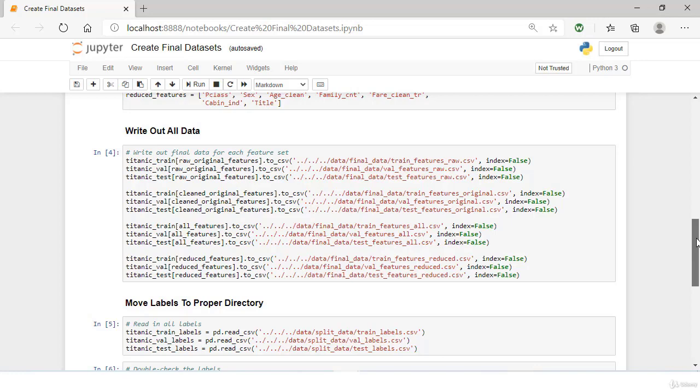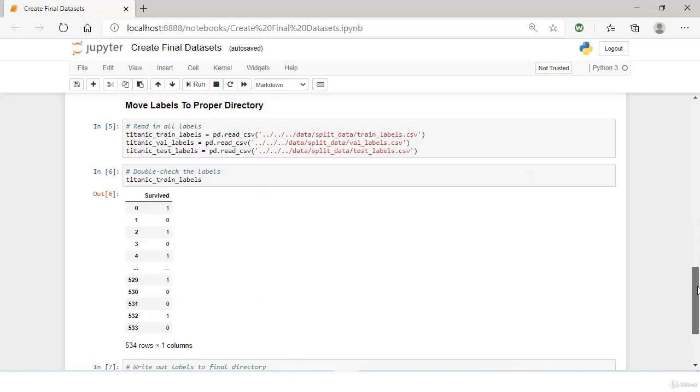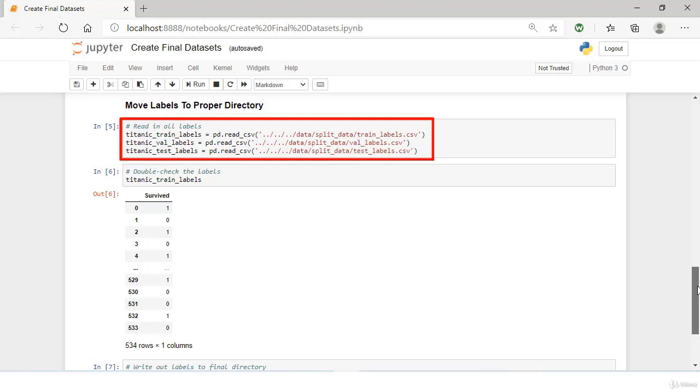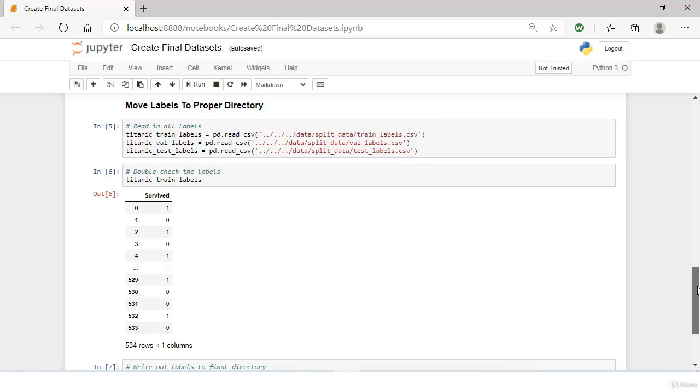that data out. Now to this point, we haven't touched our labels at all. However, we're going to be using them in the next section to train and evaluate our models. So let's move those labels over so that they're in the same directory as our features. Let's just copy down these training labels. So now we can go ahead and just write these out to the same final directory that we wrote our features out to. So now that we have all our data in place,